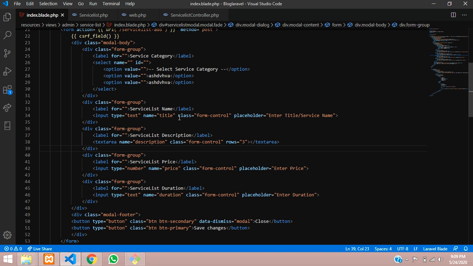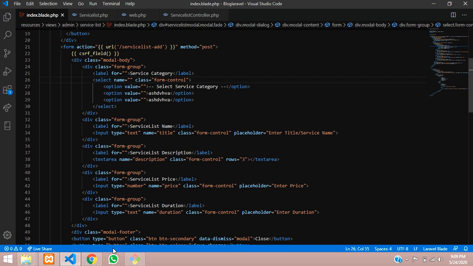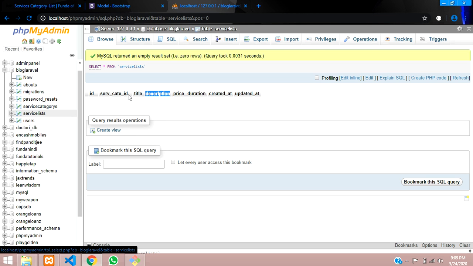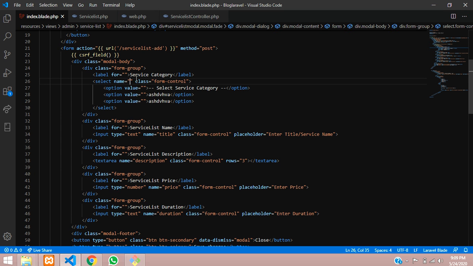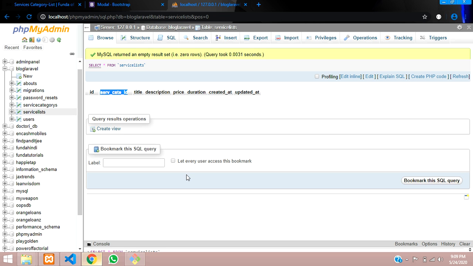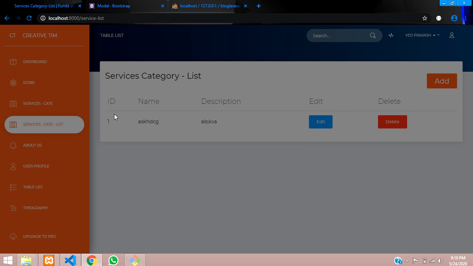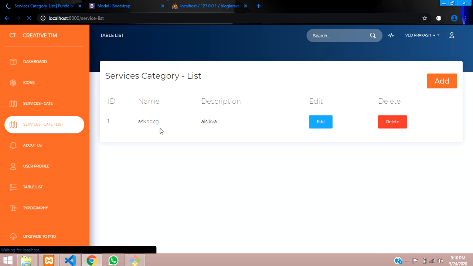Copy this class and use it over here, and make sure we forgot to give the name. So let's call that name service category ID and paste it over. Done. Let's save this and reload once again, Control R, and check with it.